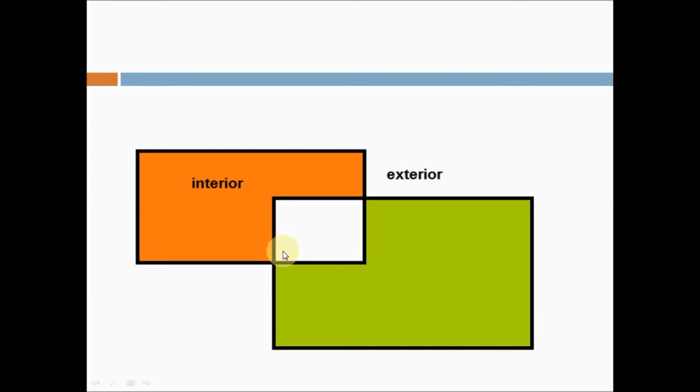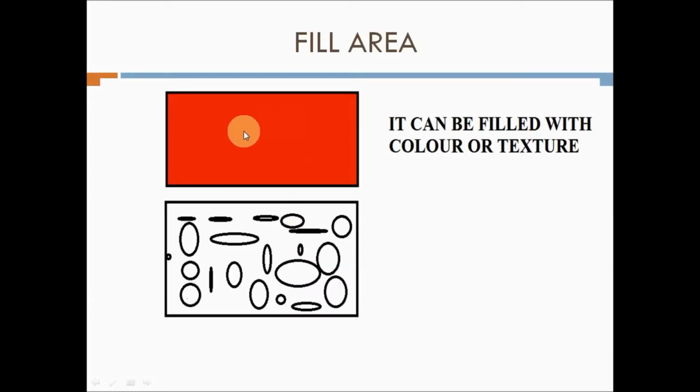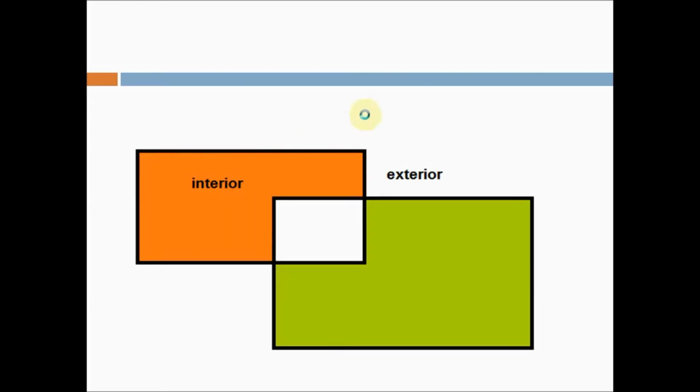Now, to fill the polygon with a color or a texture, first of all you need to identify which part of the polygon is interior and which part of the polygon is exterior, right? See, this is the example here. This part of the polygon can be considered the interior part of the polygon. This part can be considered the exterior of the polygon, and this may also be considered the interior of the polygon. Now I can say that this is interior and this is exterior, right? But how can a computer understand it?